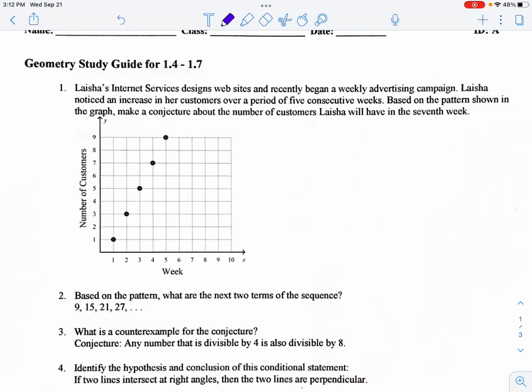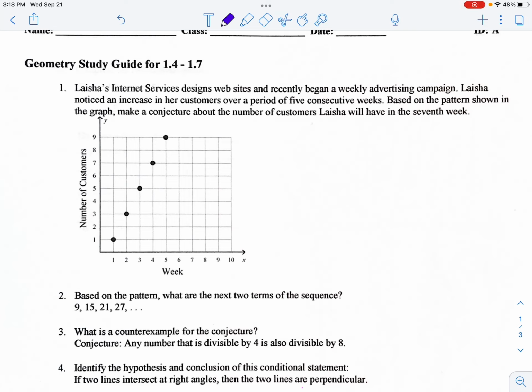The study guide for the 1.4 to 1.7 test. Number 1, you are trying to find the pattern. Here we see that the internet service customers that she has over a period of 5 weeks are recorded,